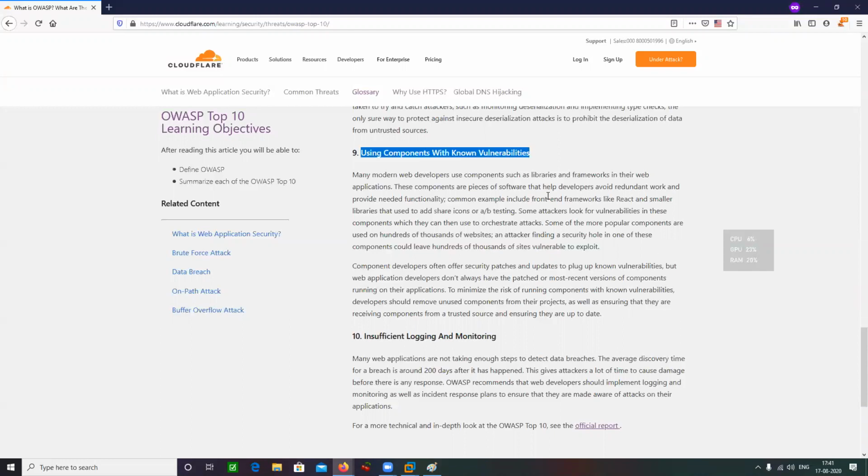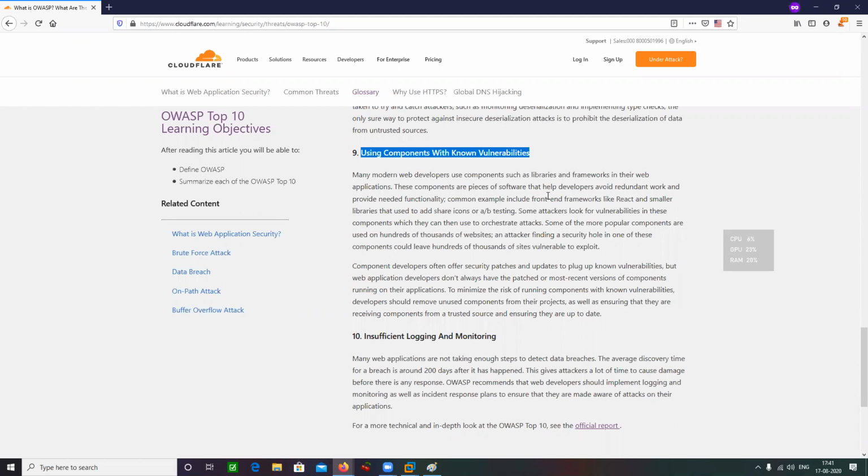Let's say you build a very good website, but the mistake you made is this: the latest version is WordPress 7, and there are known vulnerabilities in WordPress 5, and you are creating your website using WordPress 5. This is a very big blunder.